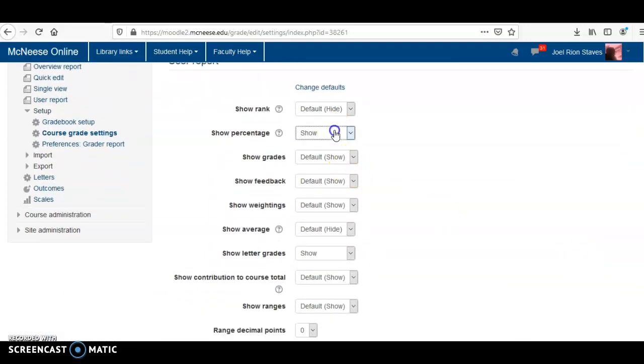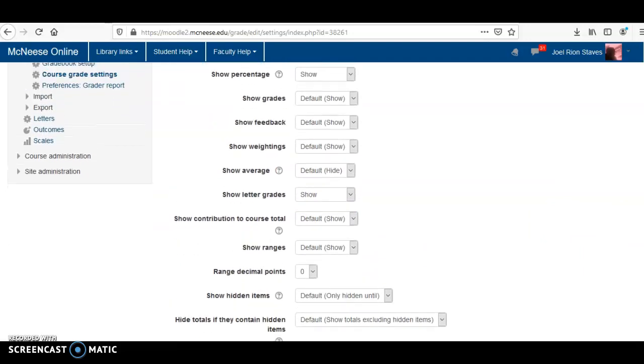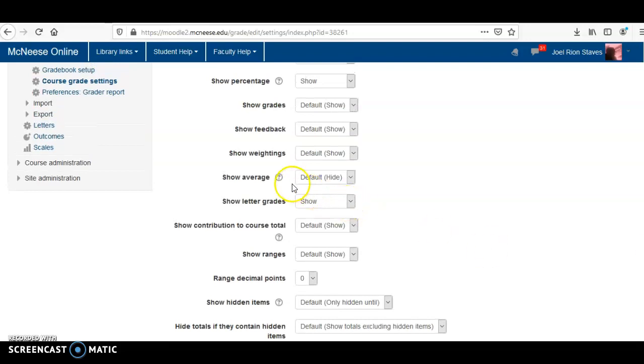You see by default, this is hidden. So now I have that set to show. I have the grades set to show, weightings show, and I've also got the letter grades to show for the students, because by default, those are hidden as well. The class average, any feedback, weightings, the course contribution,